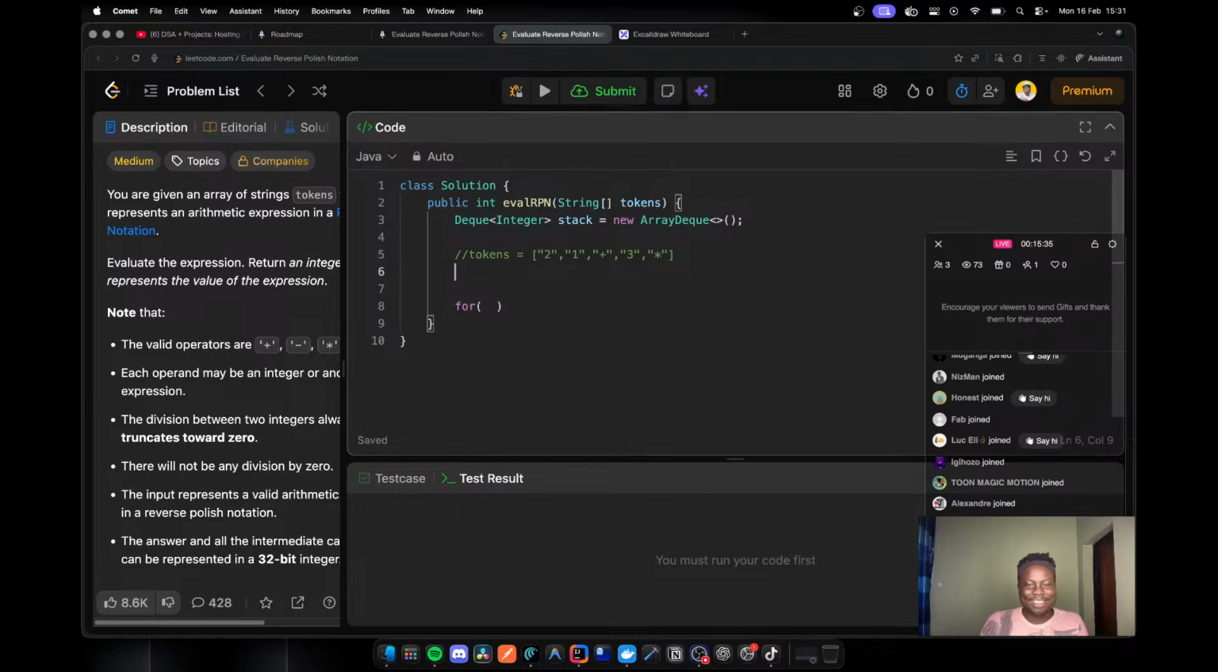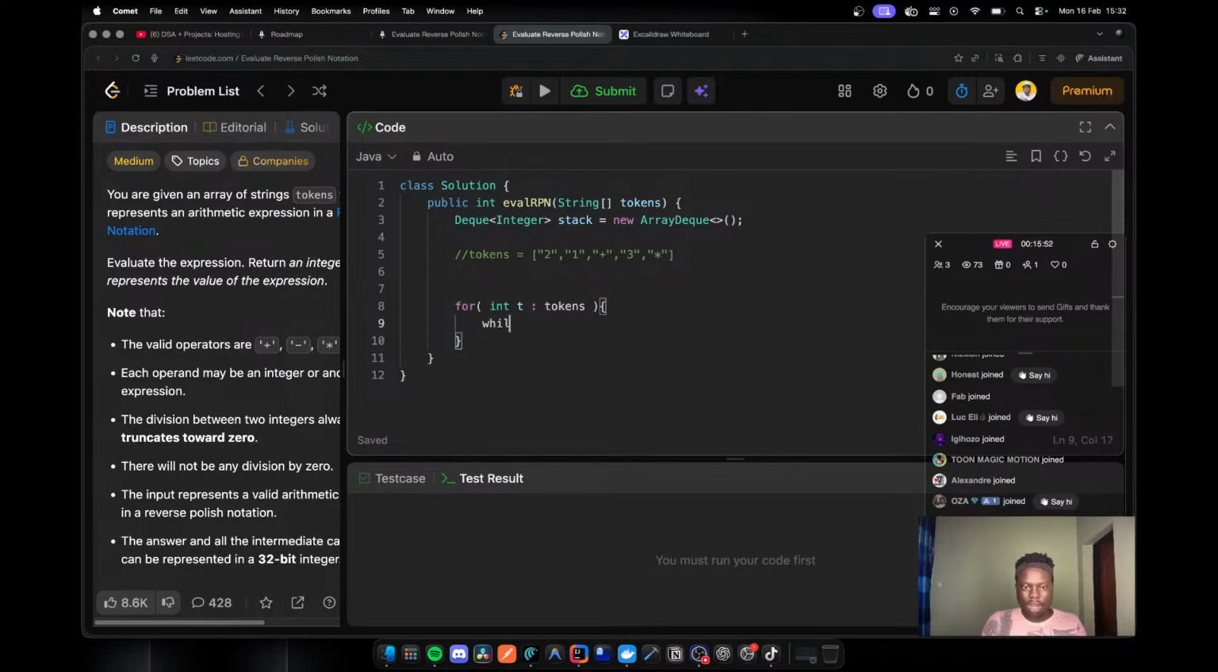Yeah, I gotta be honest, bro. I can't lie to you for sure. All right. So we have these tokens here. That means we need to look for int t within the tokens array, right? I think it's tokens, right? Then we are gonna do something while